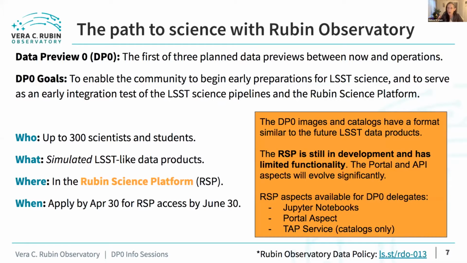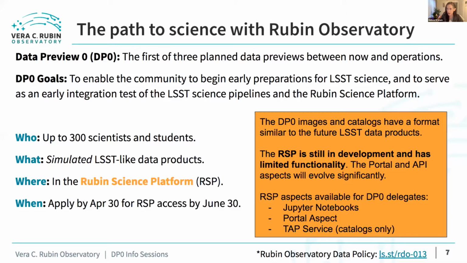And in particular, we want to stress for all people who might end up being delegates that the portal and the API aspects are expected to evolve considerably between the version that people will see now and the version that people will use in operations. So in particular, the RSP aspects available for DP0 delegates include parts of all three aspects. So the Jupyter notebooks, the current version of the portal, and as far as APIs, the TAP service, but for